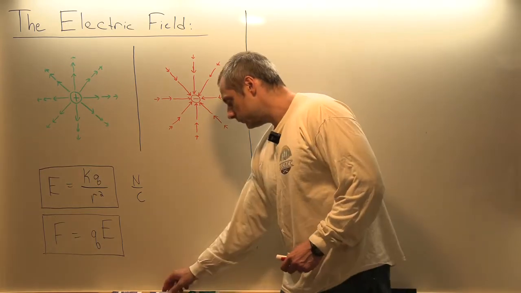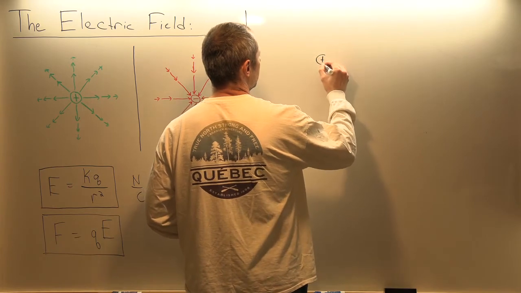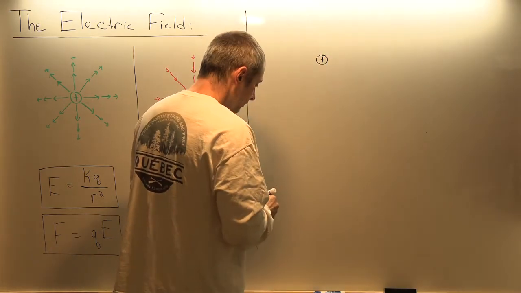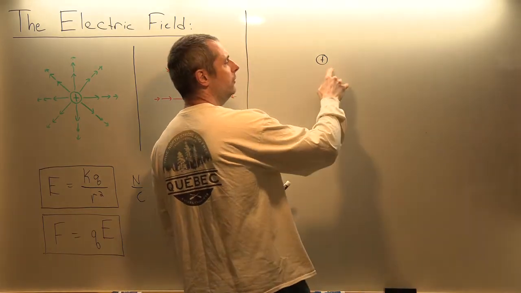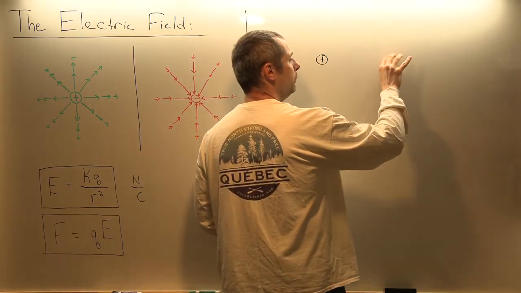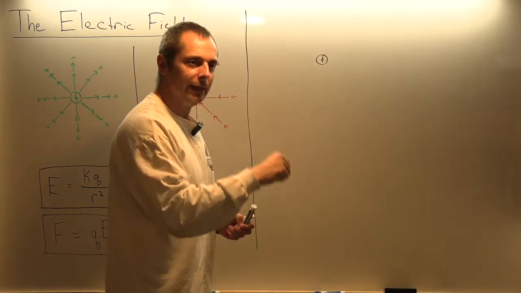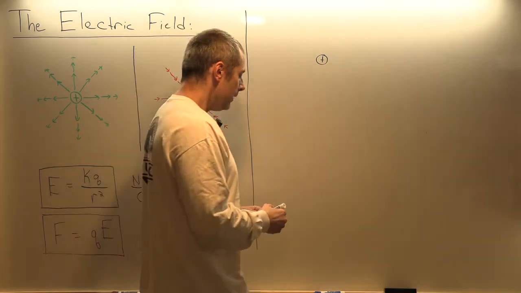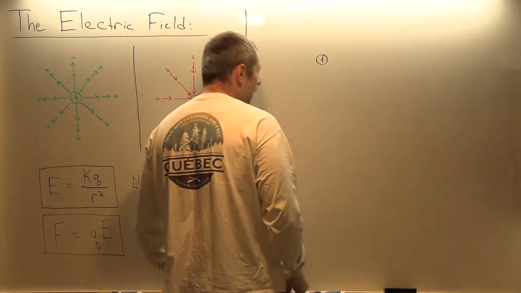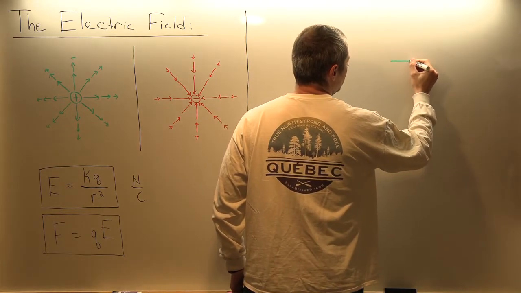Okay, so let me explain a little bit more what's going on. Let's suppose I've got a proton over here. If I put an electron here, we would say it's attracted to this proton. If I put a proton here, we would say it's repelled. That's the old way of thinking. Incomplete, inaccurate. The more accurate way, the way nature really works, is this proton creates a disturbance in the space over here, an electric field like this,